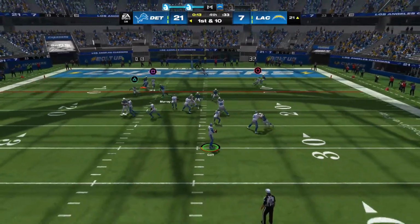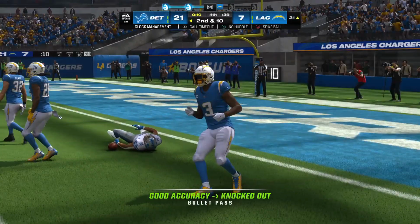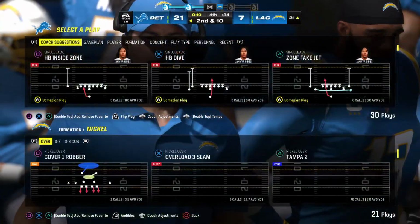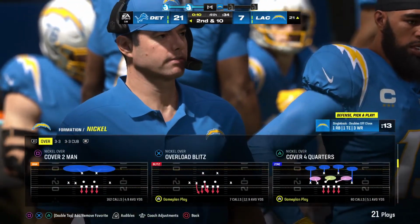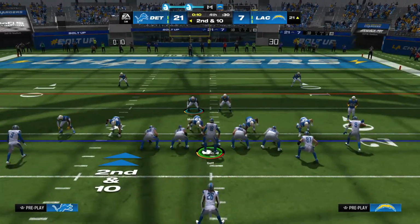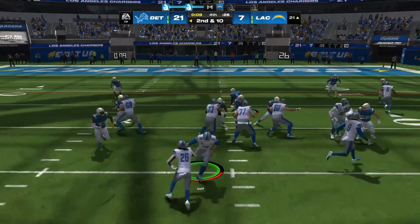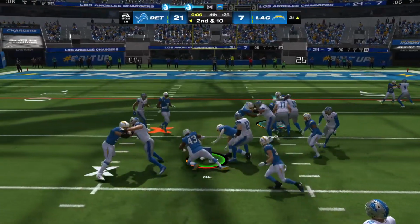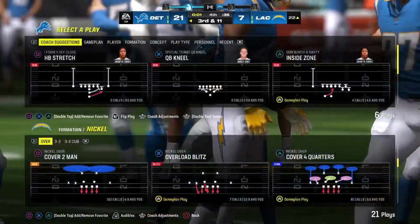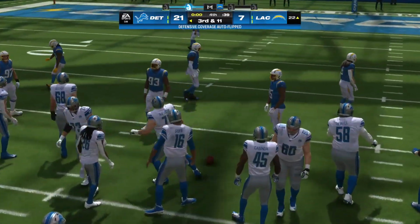Goff going to throw it. And boy, another ill-advised throw there as that will wind up incomplete. I'm trying to decipher what's going on out there because I don't know if he's just getting bad reads. I don't know if the defense is confusing him. I don't know if he just has bad info and intel before he snaps the ball. But he's made some pretty bad decisions with the football lately. Yeah, several bad decisions on the interceptions he's thrown, and frankly, that should have been another pick right there. And he's going to have to protect the football and take his lumps here at this stage of the game as they stop him behind the line. So this